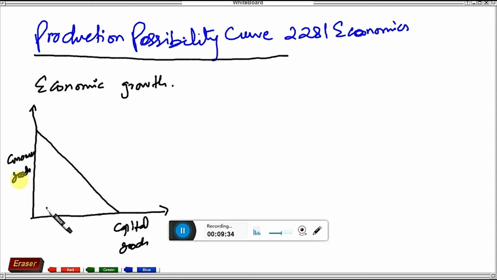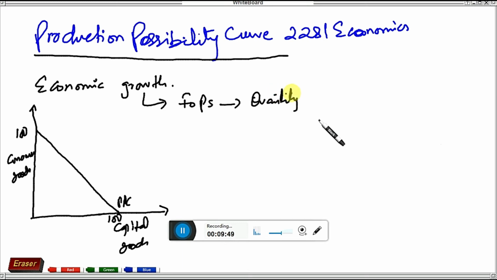This is capital goods, this is consumer goods, this is 100, maybe this is 100 for simplicity, PPC curve. So with the passage of time, the factors of production increase, and this is another chapter, increase in the quantity of factors of production. Maybe you got some more coal, that means your land factor of production increased. Maybe your labor were having the rule